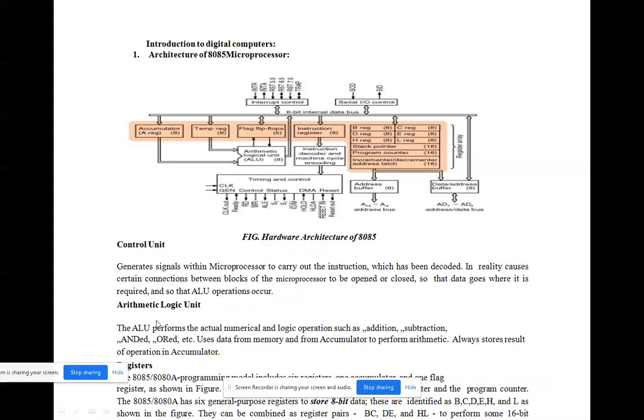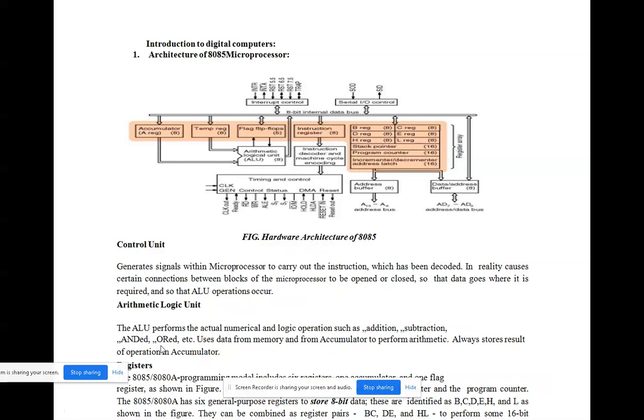And then the arithmetic logic unit, the ALU. It does all the arithmetic operations and logical operations. Arithmetic operations mean addition, subtraction, like that.